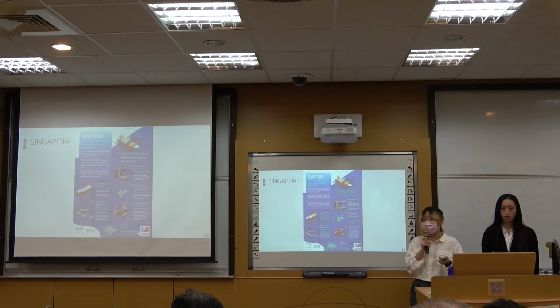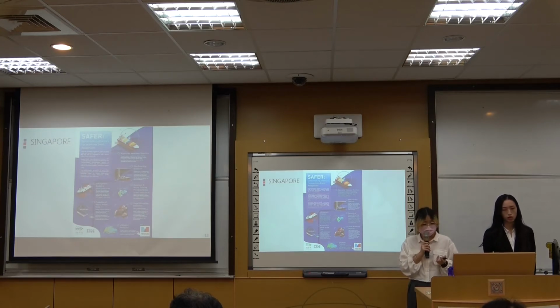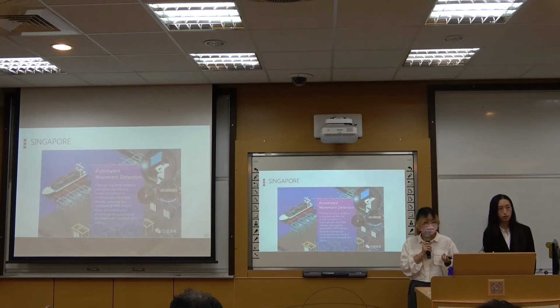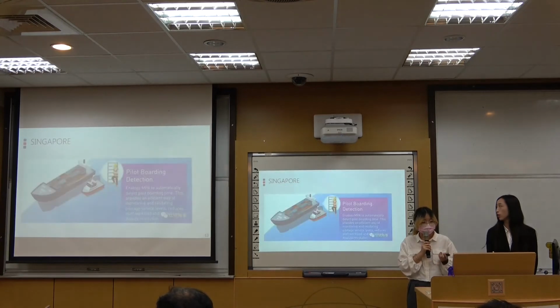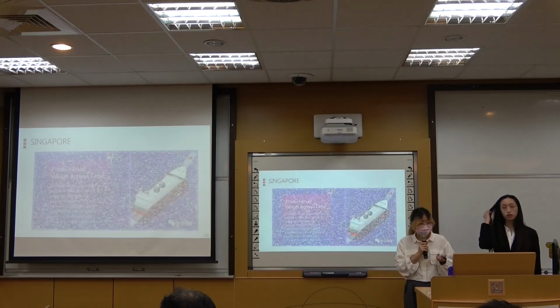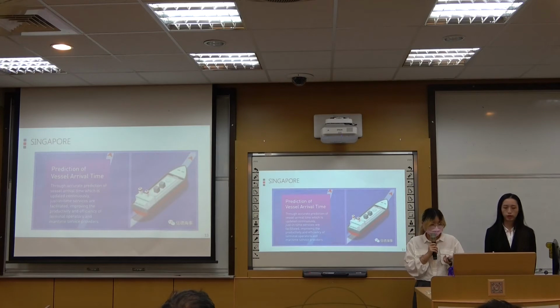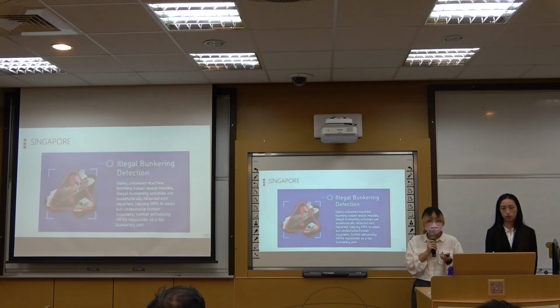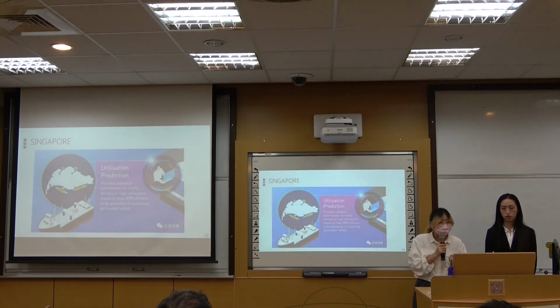And I take Singapore port for a small port example. MPA and IBM have cooperated to build a port and maritime event recognition system called SAFER, which is promoted through 7 subsystems. The prototype of the smart port's functions include automatic movement detection, pilot boarding detection, infringement analytics, prediction of vessel arrival time, detection of vessel entering prohibited areas, and illegal bunkering detection, and finally